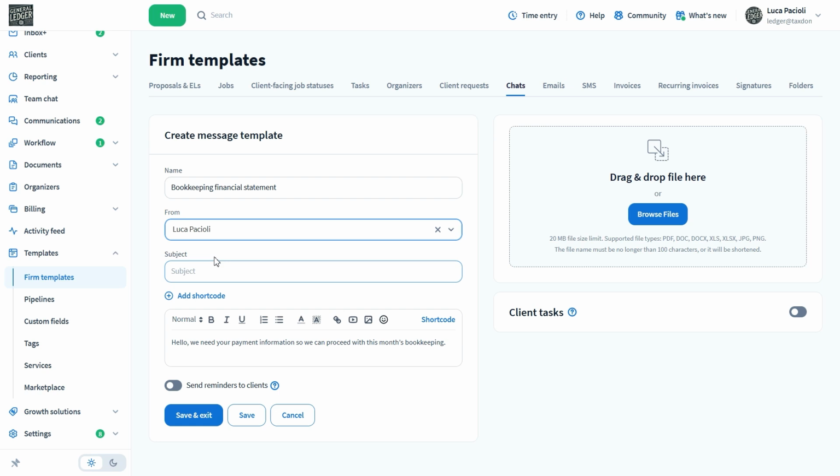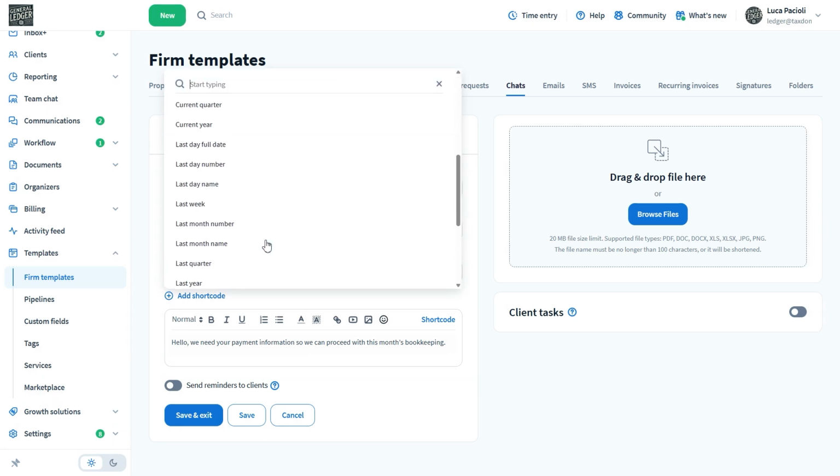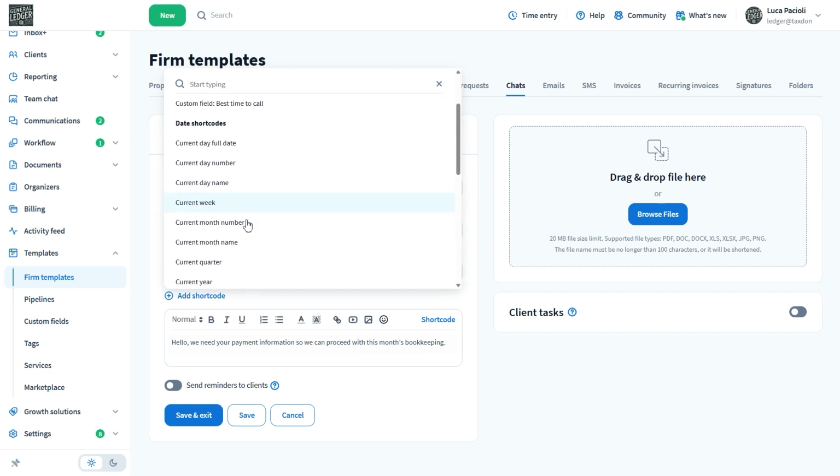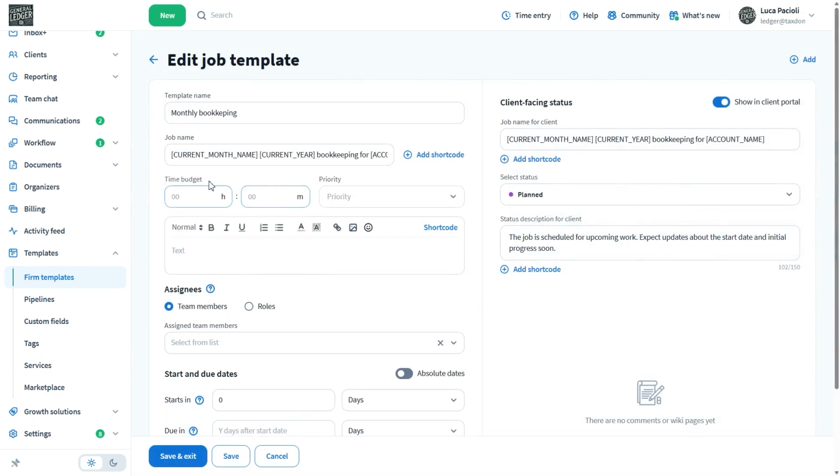When creating the chat template, include custom data in the title, such as the account name and last month's short code, so you can easily locate the thread. It is helpful to use similar titles for both jobs and message threads. For example, your job template title can include the same short code as the message template, making it simple to